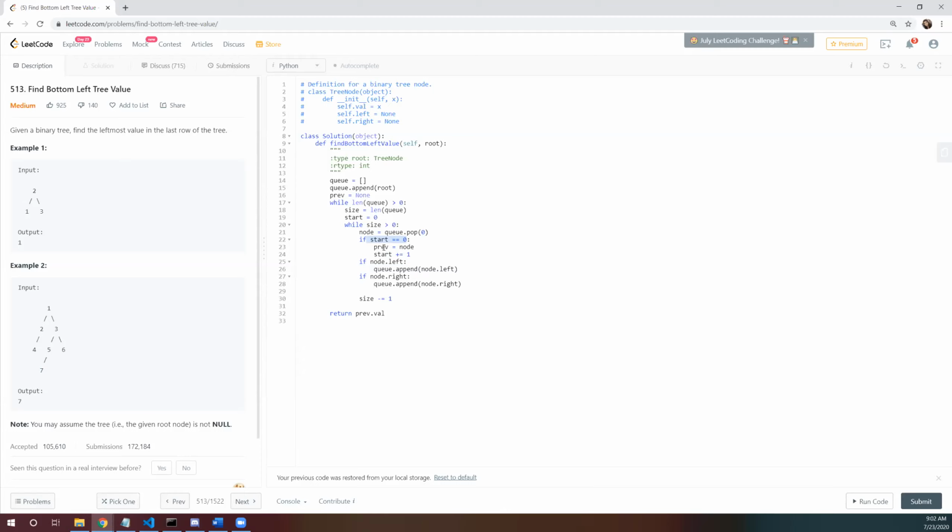It would be the first element. It would store that value over here, 7, in the previous, and in the end, I will just return that value. Yeah, makes sense. So it can be done like